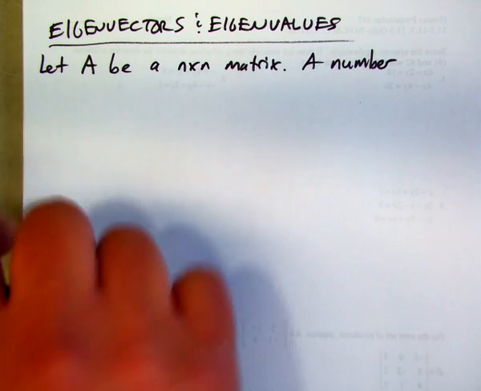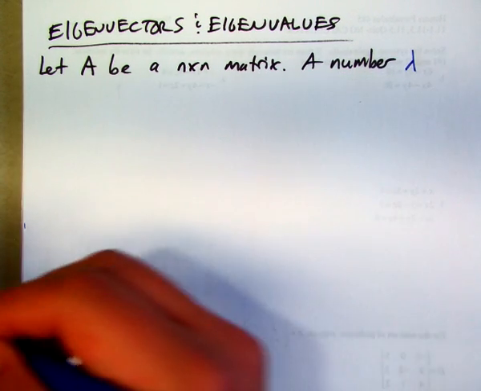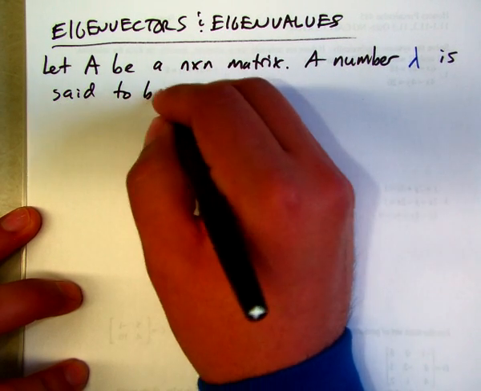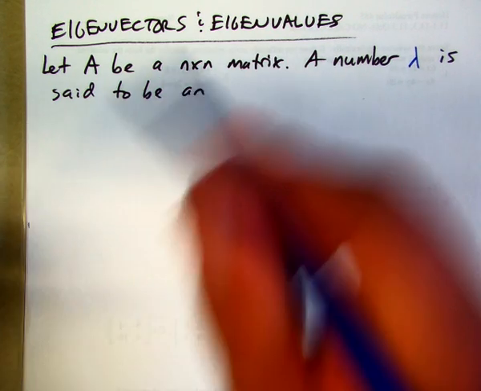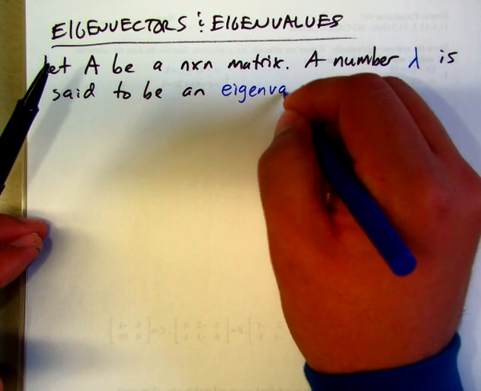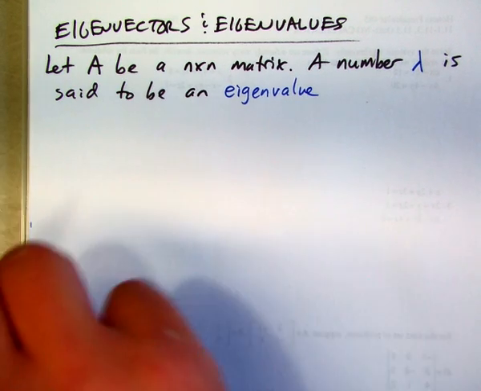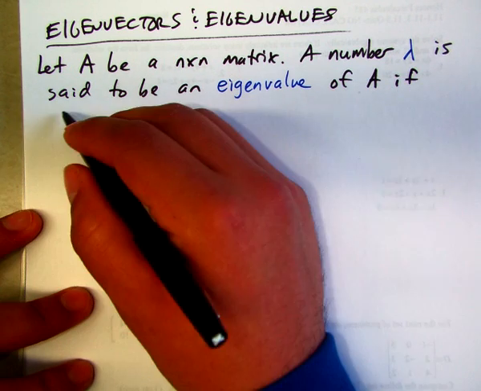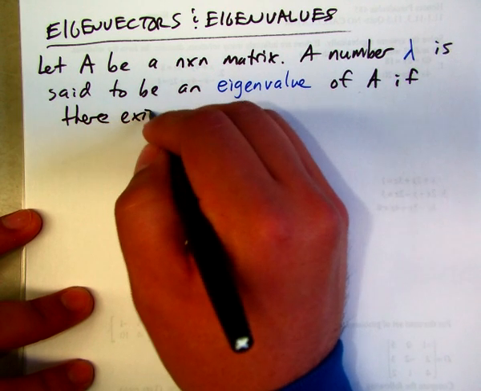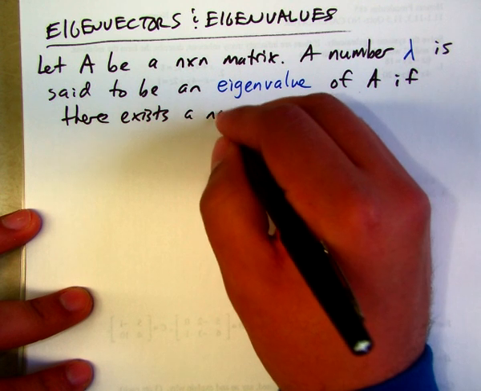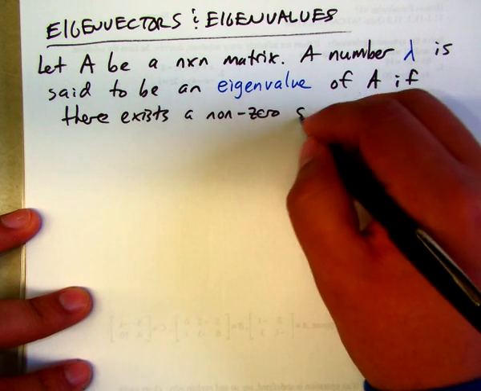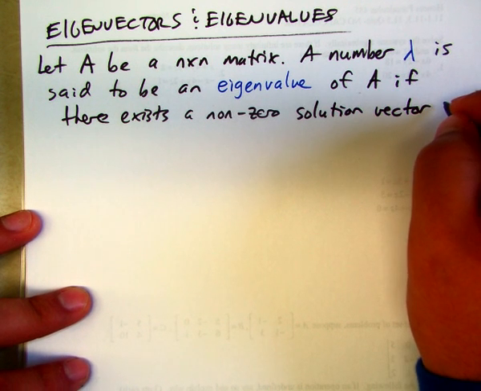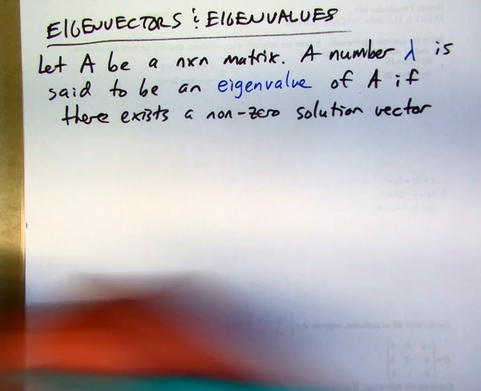A number, which we'll call lambda, is said to be an eigenvalue of matrix A if there exists a non-zero solution vector, which we'll call capital K,